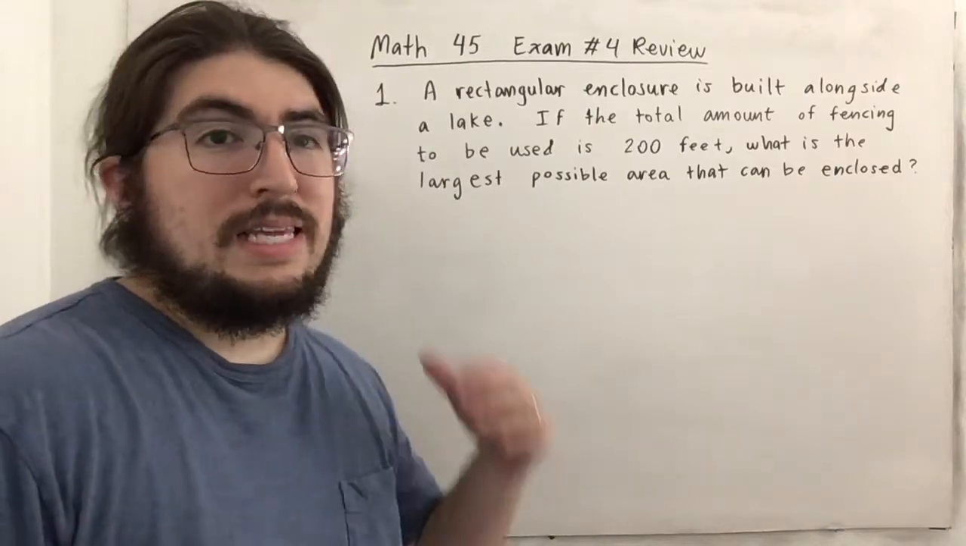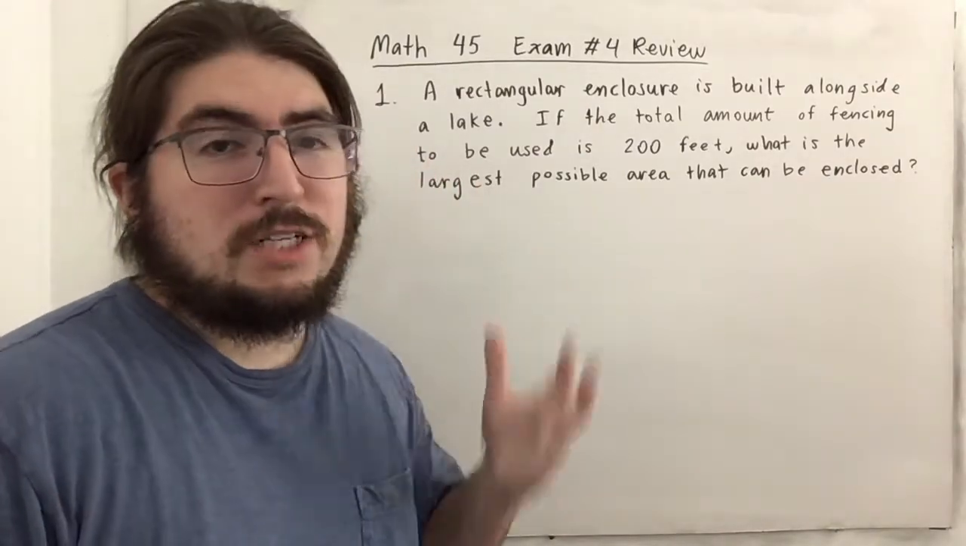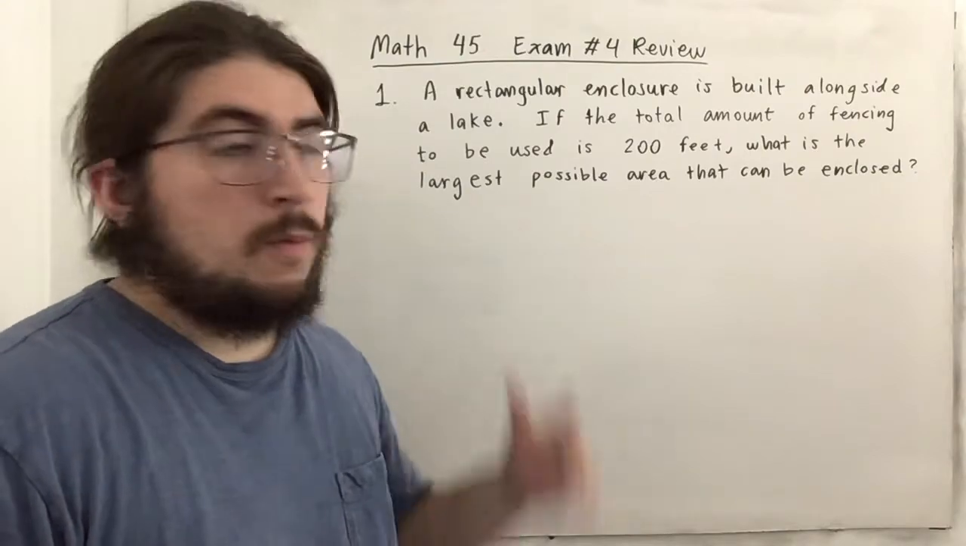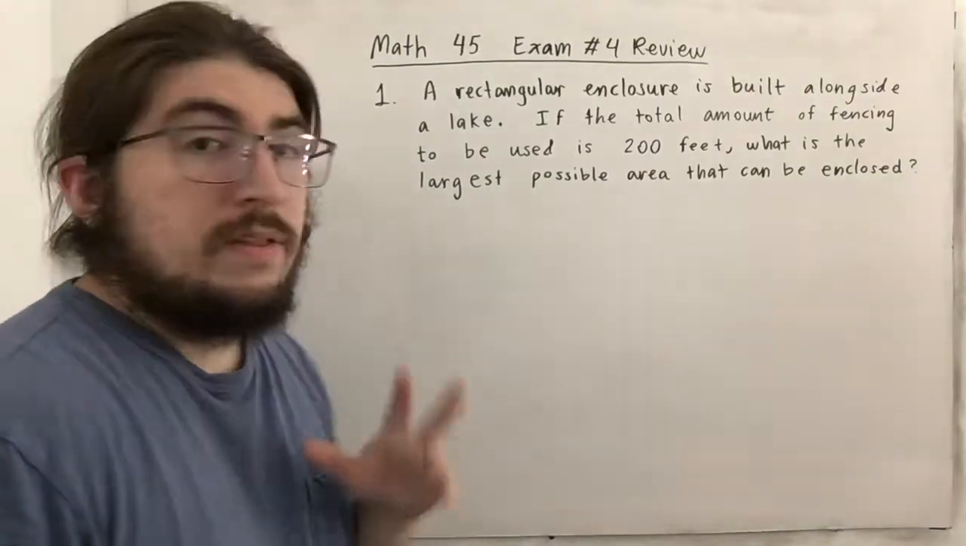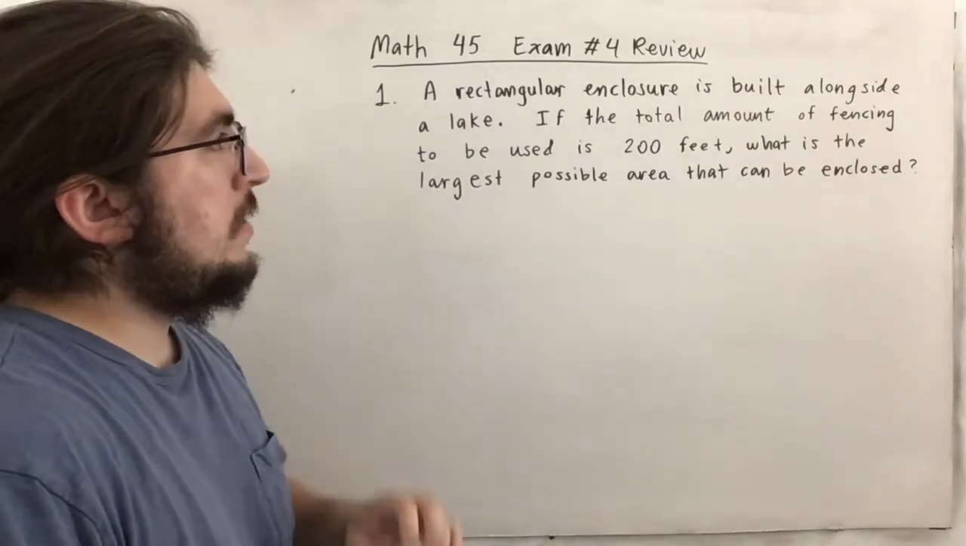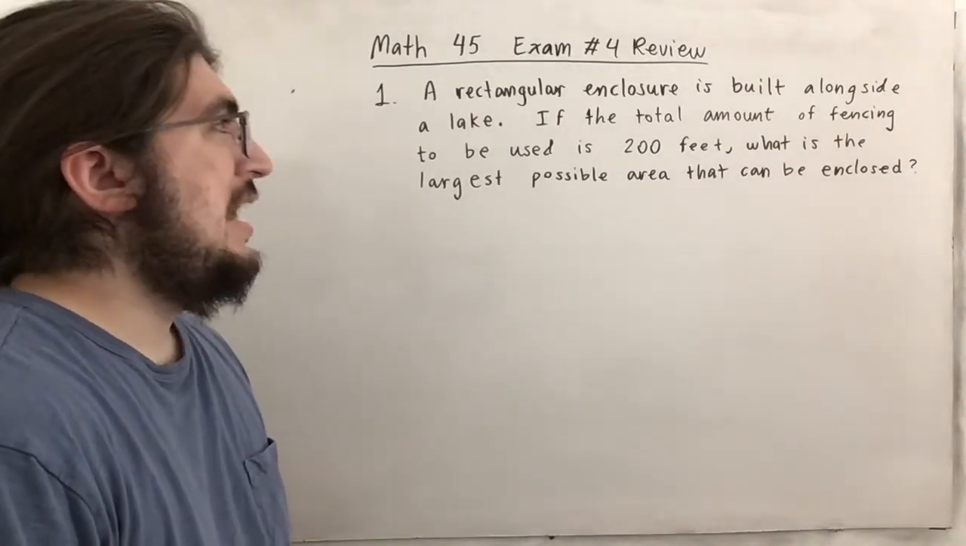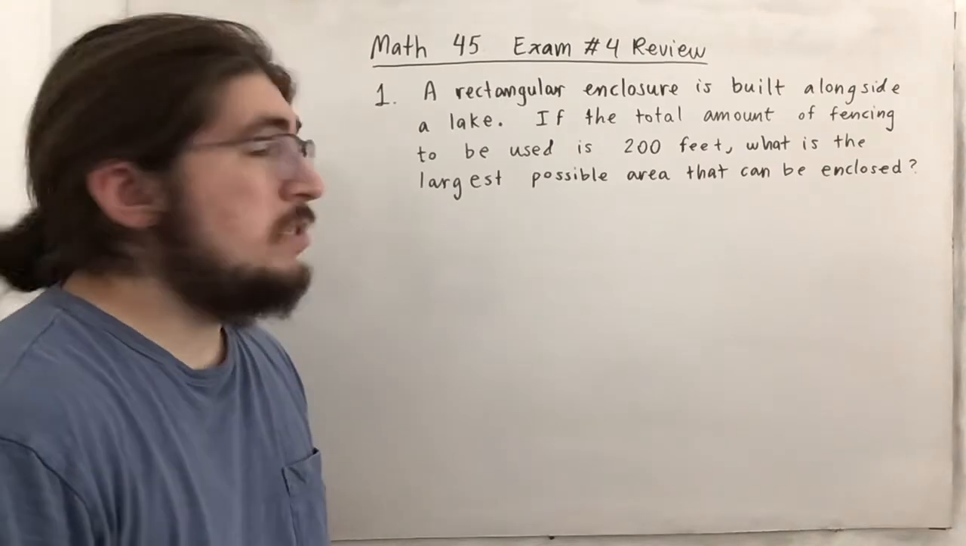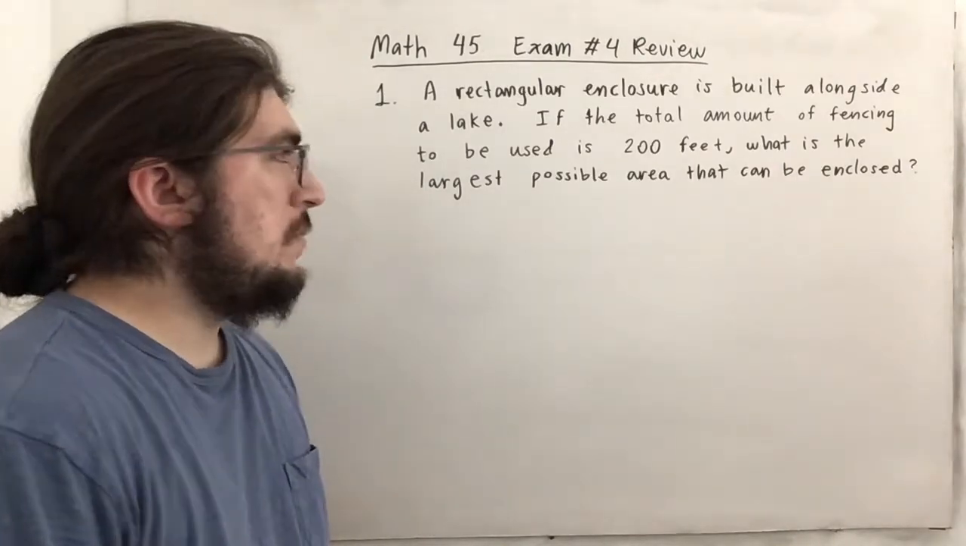Hello everyone, this is the exam review for college algebra, and I'm just going to start off with number 1 here. Of course, this is a word problem. It's one of the 2 word problems in the actual review. So it says, a rectangular enclosure is built alongside a lake. If the total amount of fencing to be used is 200 feet, what is the largest possible area that can